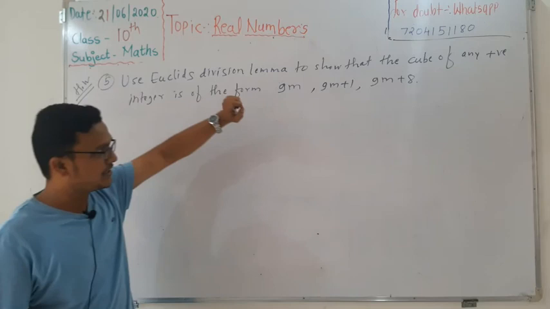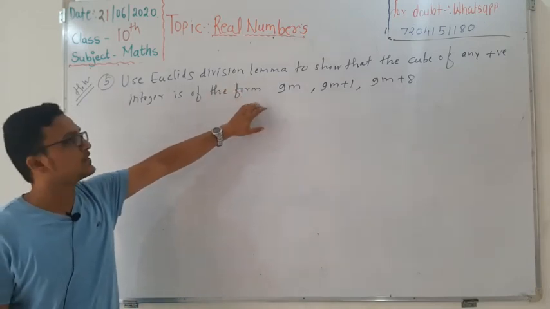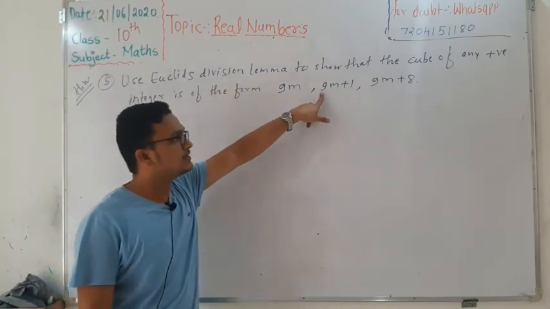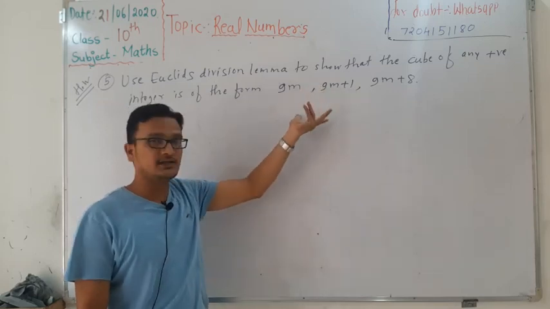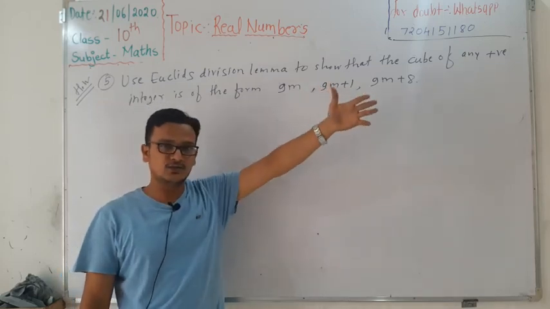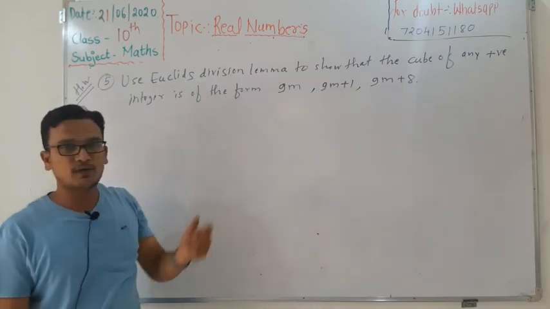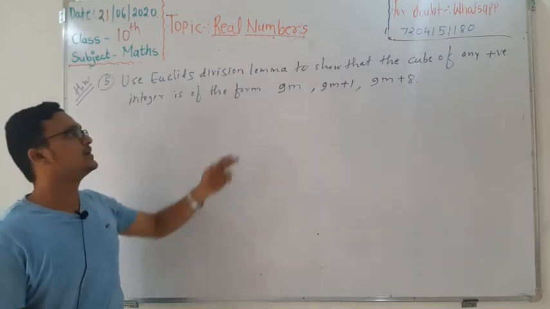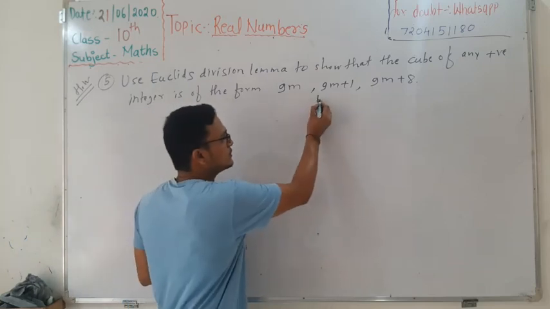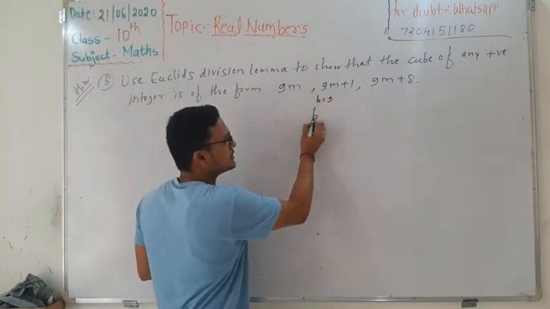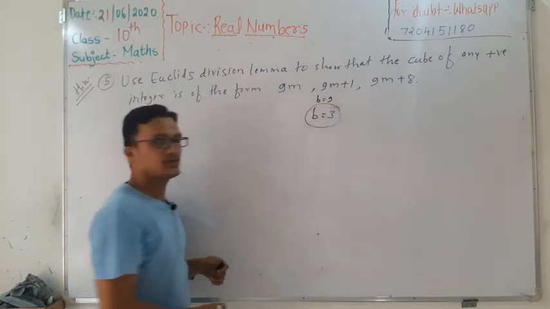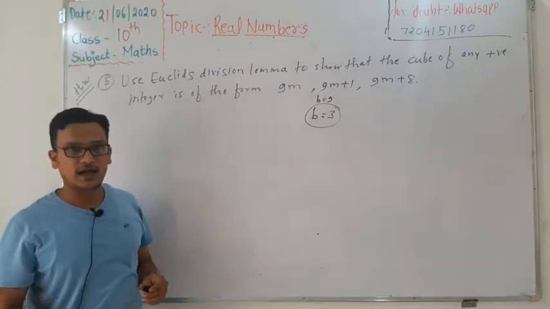So I'll just give you a hint for this question. Here you don't take b is equal to 9. Okay, you can take it, but you will get 9 cases which will take more time in the examination. We just require 3 cases to prove this. So instead of taking b is equal to 9, you just choose b is equal to 3, then also you will get the answer.